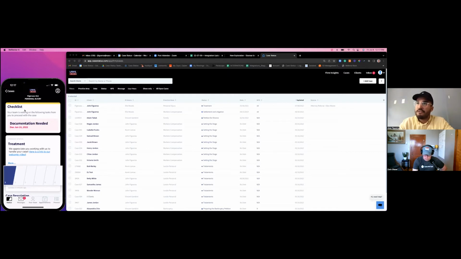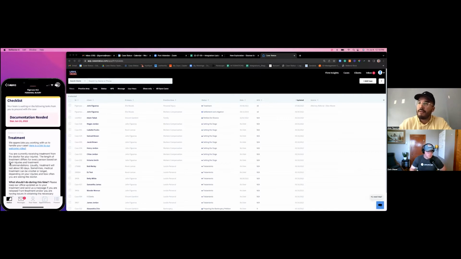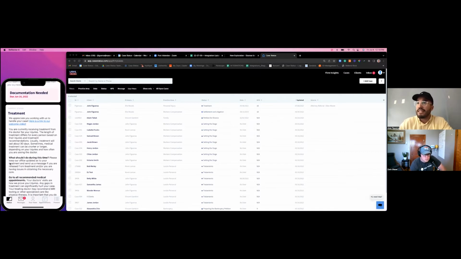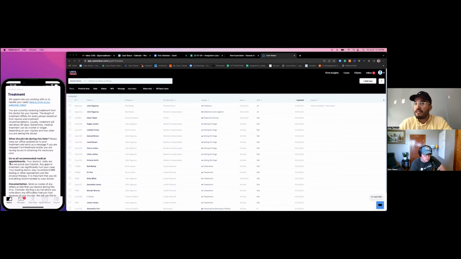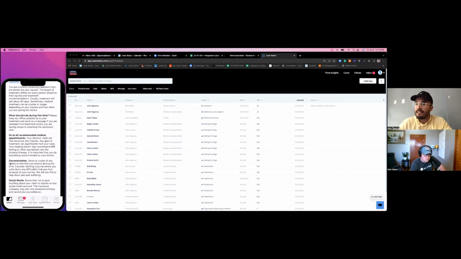In this case, I have a checklist item of something that needs to happen. I can see the current status of my case, which is the treatment stage under a personal injury case. This could obviously be for any specific practice area, like a family case or an estate planning case or anything along those lines, which we're going to go over here in a second. But really giving the client access to see what that current status looks like, which in this case is treatment, walking me, the client, through what exactly is happening in this